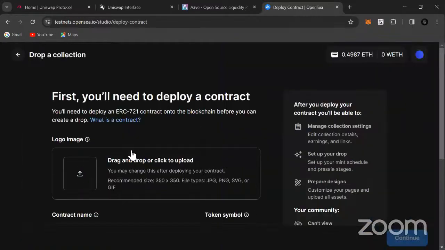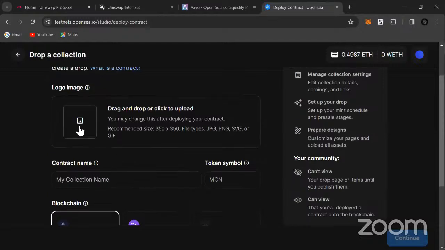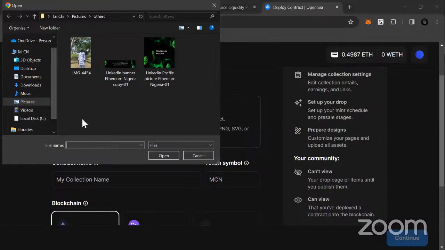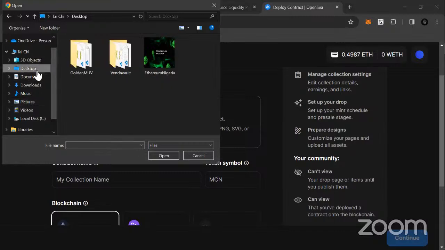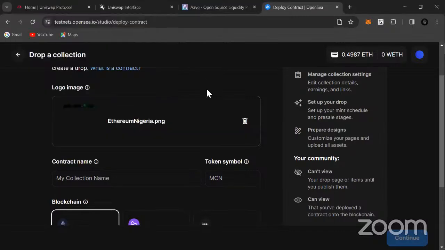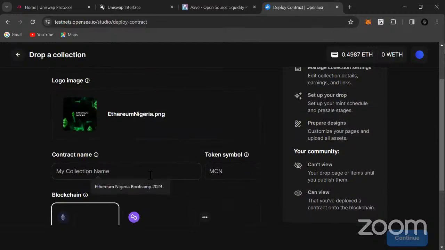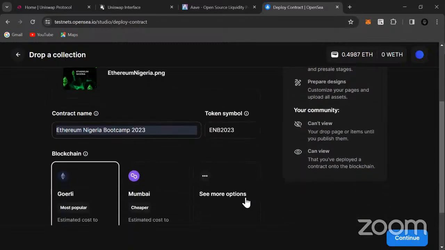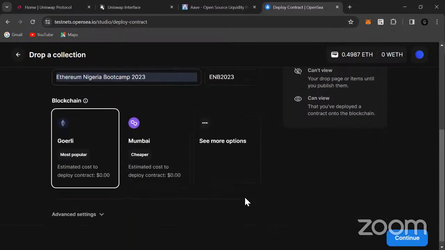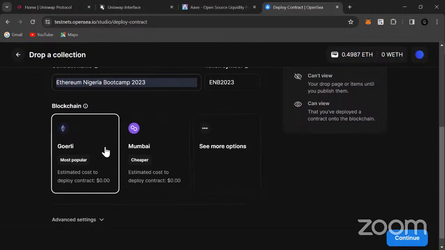It's pretty easy and straightforward. We need an image. Okay, I have the perfect image for this. So we'll use our image and of course our NFT. Okay, let's call it this. Of course, they've suggested a nice symbol here for us, so I'm going to leave it like that. All right, guys, look at it. It's pretty easy and straightforward.